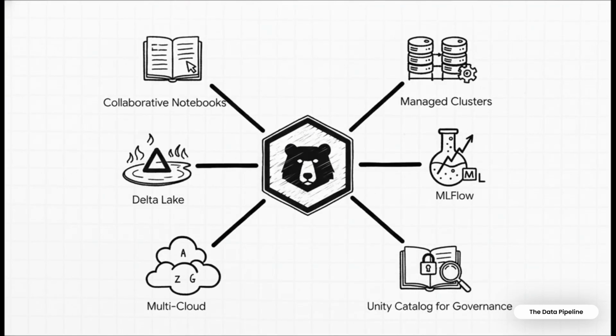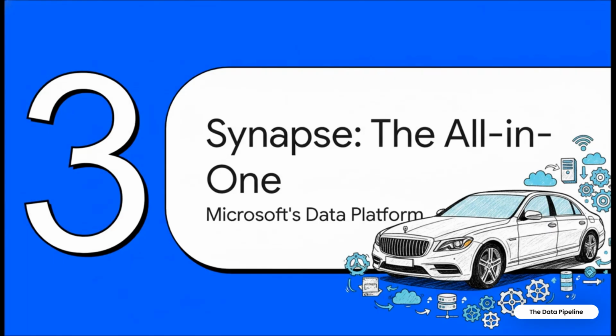And this list right here perfectly shows what I mean by building a car. Databricks gives you these awesome collaborative notebooks so your whole team can write and share code in the same place. It handles the crazy complexity of setting up Spark clusters for you. I mean, it boils it down to just a few clicks. It also adds this optimized storage layer called Delta Lake to make your data way more reliable. And it even layers on tools like MLflow for machine learning and Unity Catalog for security and organization. The biggest takeaway here: it's a full-service platform, and, this is huge, it runs on all the major clouds: AWS, Azure, and GCP.